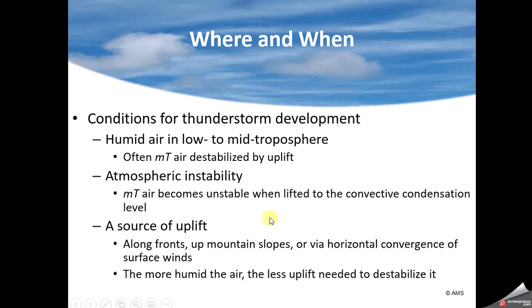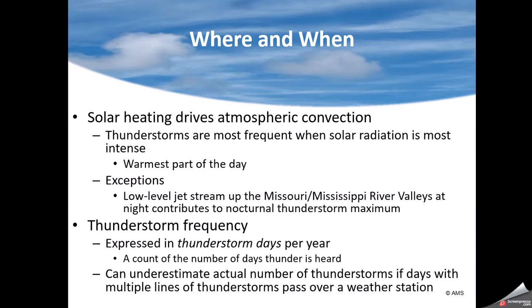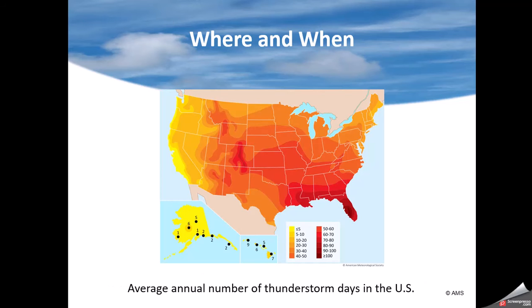So what are you looking for? You're looking for maritime tropical air. You want to have something to destabilize the air, some form of lift to get that air moving. It is not always going to be just the sun that makes it move. Maybe a cold front, maybe a warm front, maybe mountains. So the more solar heating, however, the hotter you can get that low-level air, the higher the chances are that it's going to really get lifted.